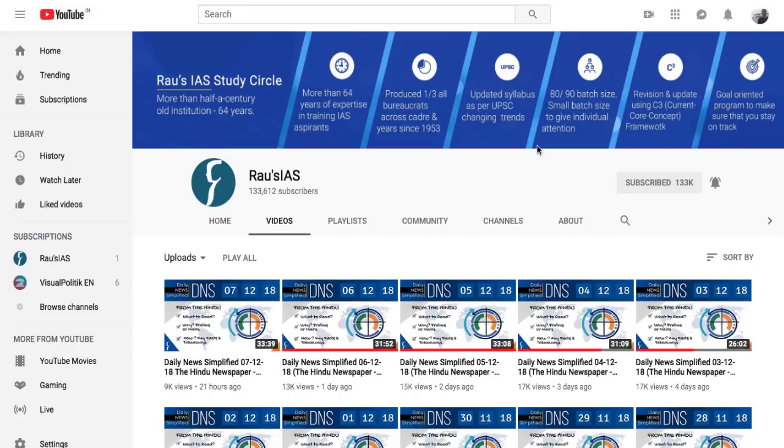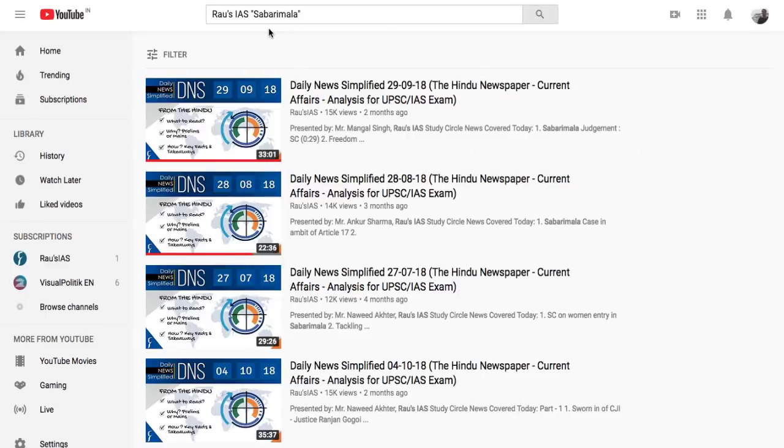Now, one of the common problems that we find from students in the comment section is how to search for a particular topic in DNS videos. Now, what you need to do is type the username browse IAS and then type the topic that you're searching for in double semicolons. And therefore, when you search this way, the topic that you're looking for in DNS videos should become visible on the screen,